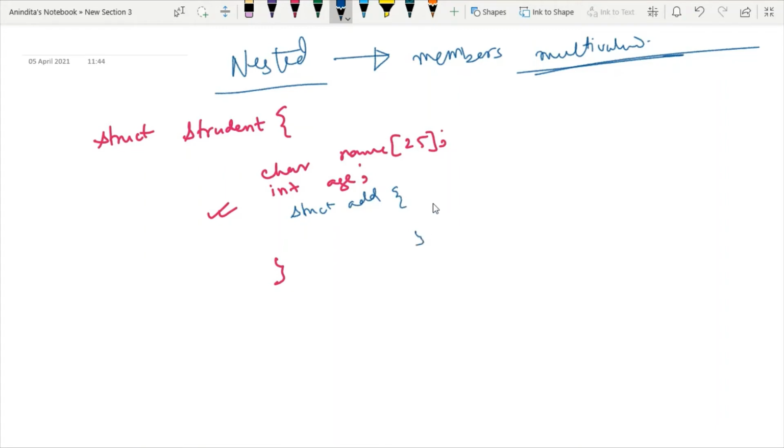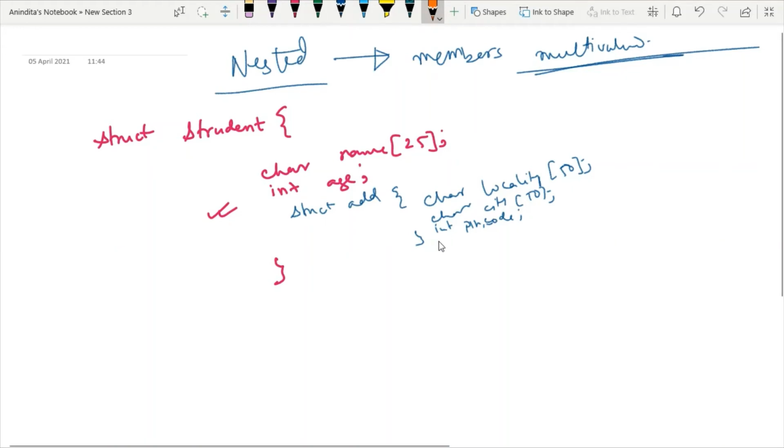Within this structure, I will write the different segments such as locality, which is an array, then city, also an array, and pin code, which should be an integer. Then I can define one variable for this structure, say A or address, and then a semicolon. And here I will end the master structure.